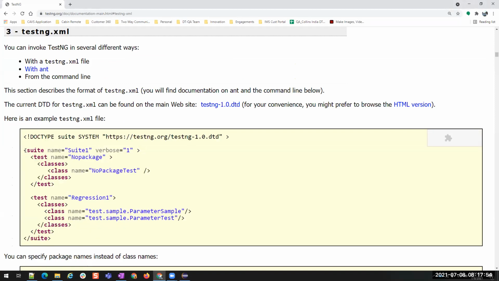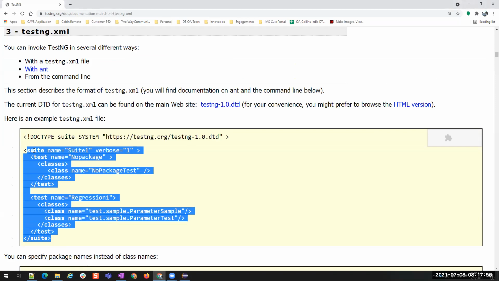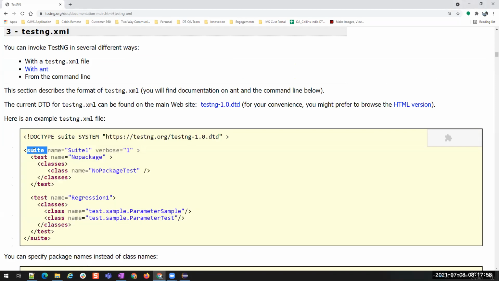Now, this XML has a hierarchical order. Suite should be present, like in HTML. HTML is the top element, right? In a similar way, for this testng XML, suite is the top element. Inside the suite, you can have multiple tests, one test, two tests, and inside the test you have classes, and inside the classes you have all the classes that you want to execute.